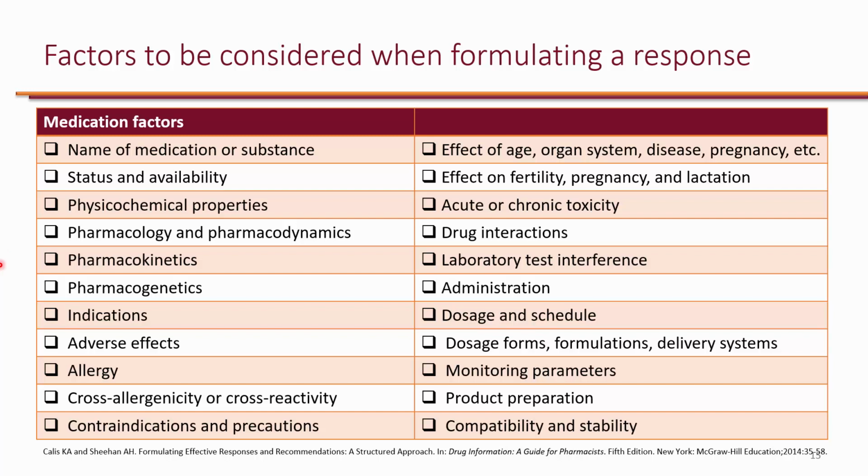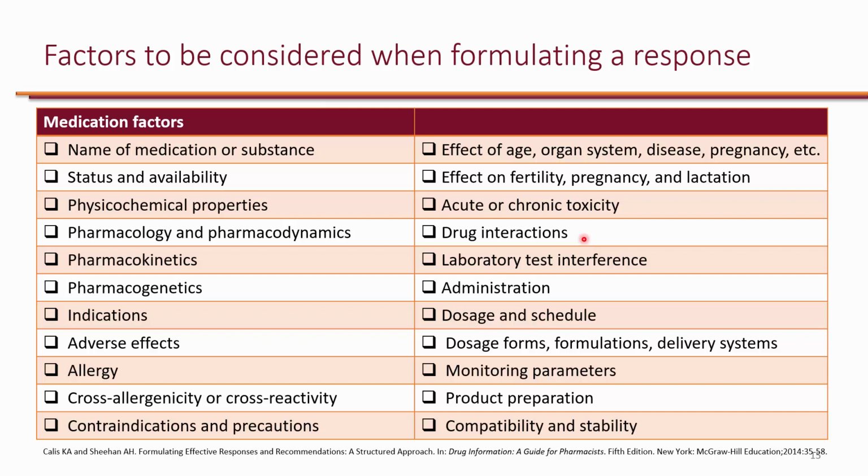For indication, typically there are two types of indication. There are FDA approved indications, and there are also off-label uses. Those are uses that are not approved by the FDA. You want to make sure that you consider cross reactivity when it comes to allergies or adverse effects. You want to look at contraindications. For drug interactions, you want to consider both drug-drug interactions as well as drug-food interactions, assuming the drug is orally